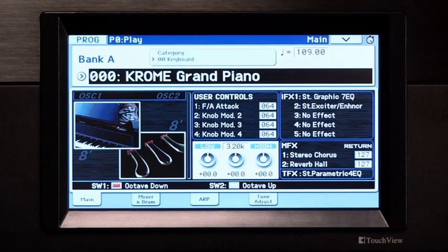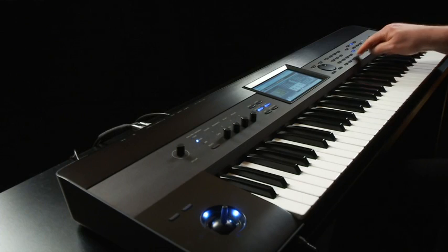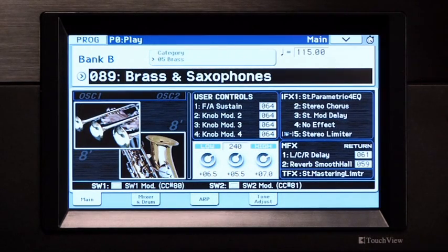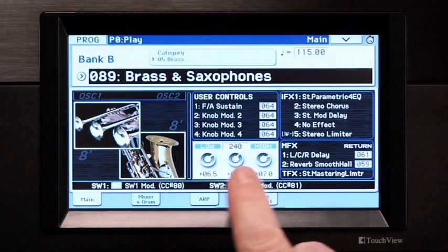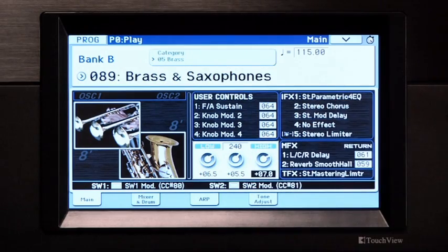Select program B89 Brass and Saxophones. Each program has a programmable 3-band EQ. The EQ settings are displayed on the screen and can be adjusted in several different ways. For example, touch the value and use the value controllers,